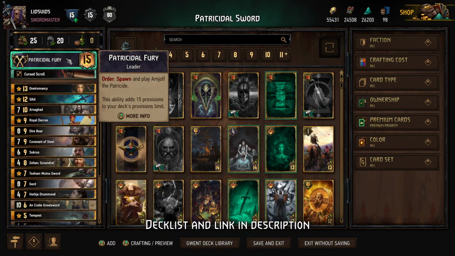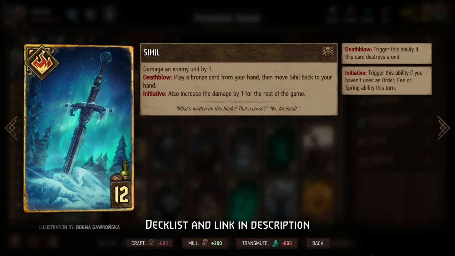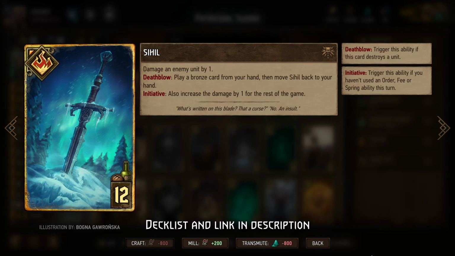So today we'll be playing a Skellige Patricidal Fury deck, built around the newly reworked Sihil card, which deals 1 damage to an enemy unit, and if we get the death blow, then we also get to play a bronze card from our hand in addition to Sihil, and put Sihil back into our hand to take the place of that bronze card. So basically that turns into a bronze card plus a little bit of bonus damage as well,